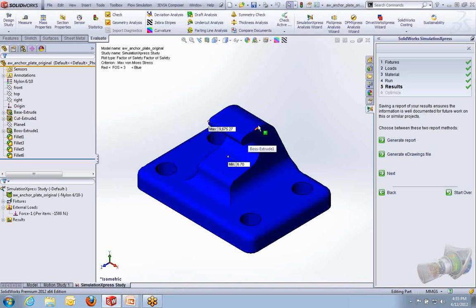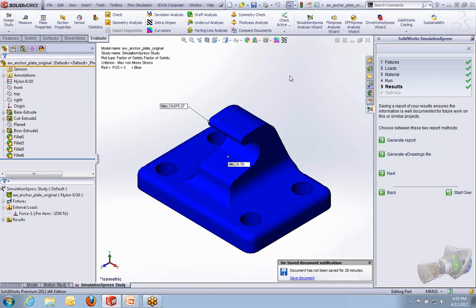So this is how you can use SolidWorks SimulationXpress to assess the performance of your parts in SolidWorks Simulation, and as I mentioned before, it's included free in every seat of SolidWorks. It means that if you have SolidWorks, you have SolidWorks SimulationXpress and can use it. Now we will move on with